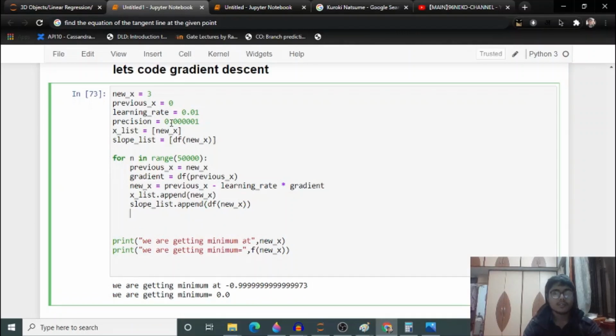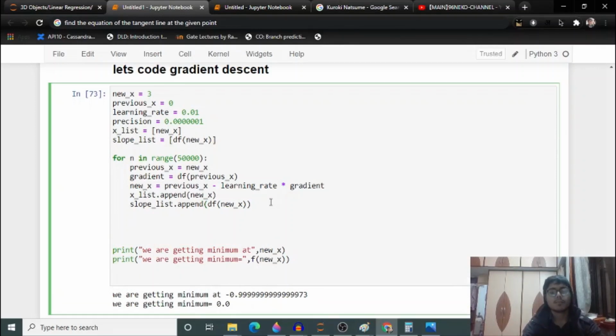Now I will tell you what this precision is for. This value guys, it's pretty random. We can set any value. What we want is that if the difference between the new X and previous X is this small, we want to get out of the loop, because I don't want to waste computation power guys. If you want a very correct answer, then you can put multiple zeros here. If you want just a rough guess, you can reduce the zeros guys. So for that I'm using this.